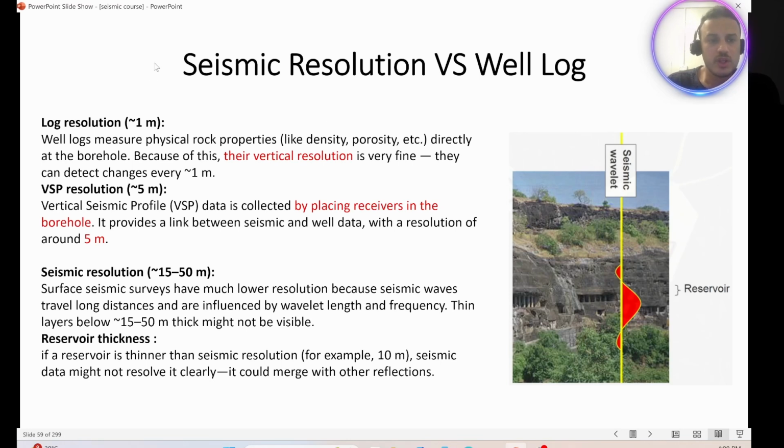So we have the well log. The well logs measure the physical rock properties like density, porosity, saturation, but their vertical resolution is very fine, like around 1 meter. So the vertical resolution that we get from the well log is only 1 meter, and within the well log